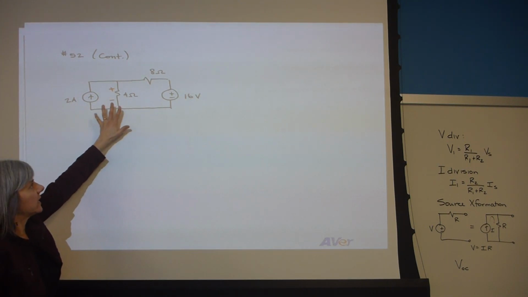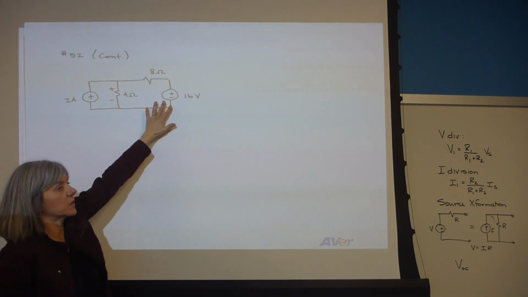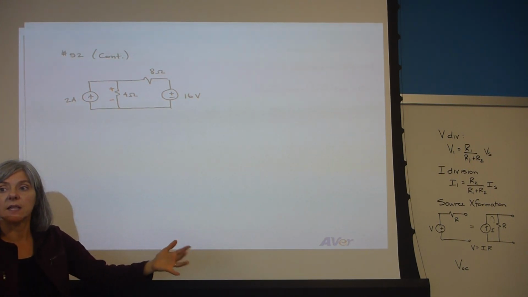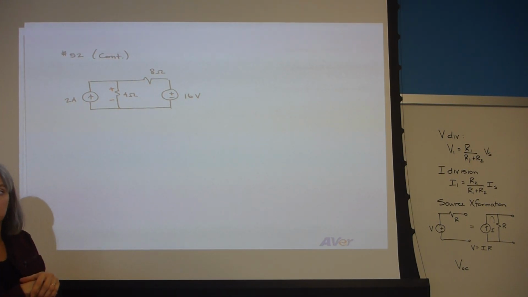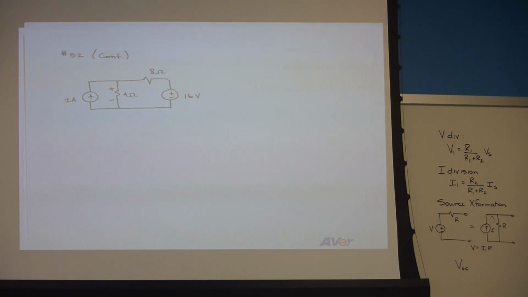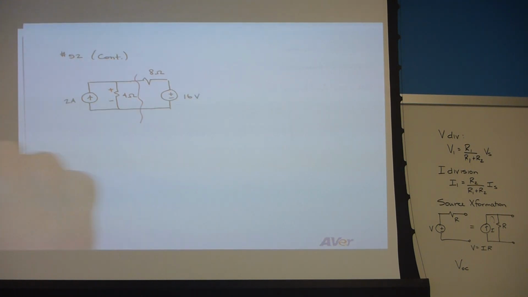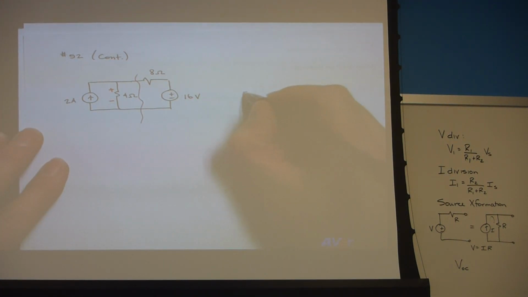So I see parallel and I see series. My thought is convert this back to parallel on this side, and then the whole thing's in parallel. And then I think I can work with that pretty easily. So let's do that. So essentially what we're going to do is we're going to divide it this way. And I'm going to convert that right-hand side to a current source